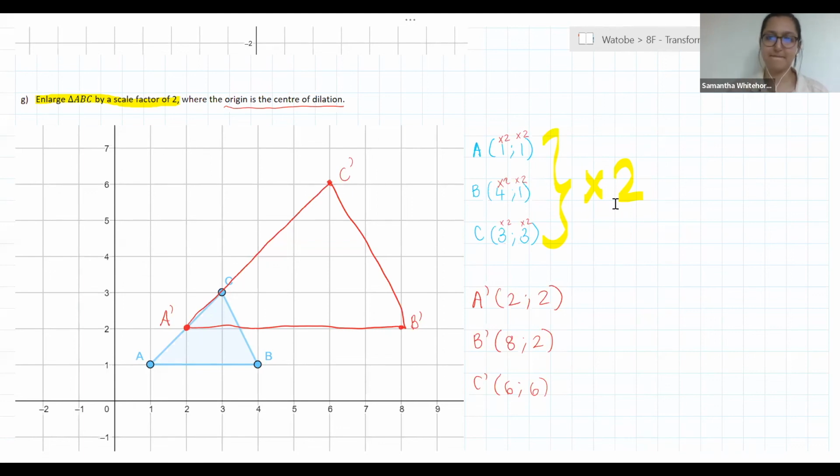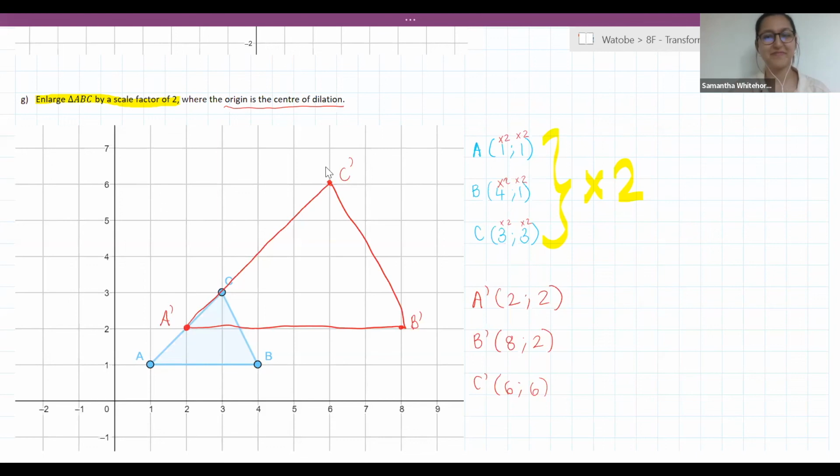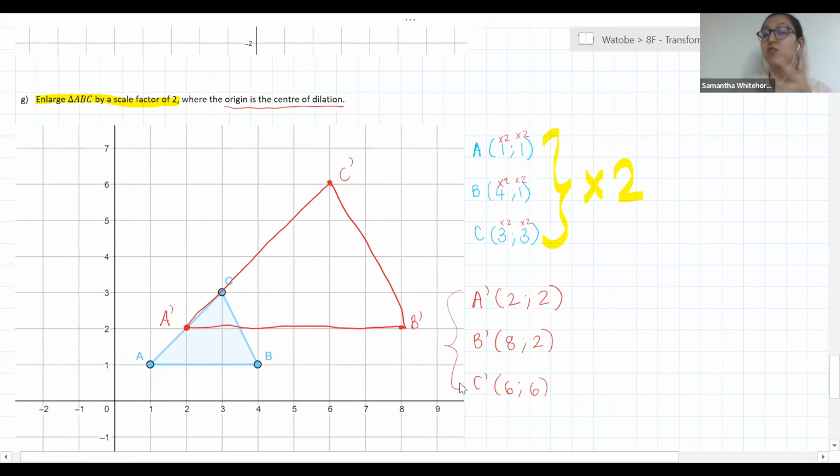Yes, Miss, I do. Miss, I wanted to ask you that when you did the A, B, and C at the top in blue, you didn't put the dash apostrophe thing at the top, but when you did it at the bottom in red, you did. So if you leave it out in the exam, do you lose marks, or you don't really have to put it in, or is it a must? Okay, so the reason I didn't put it in for the blue is because those were my original coordinates. I only have to put the dash in when it's the new transformed coordinates. Okay, Miss, thank you. Okay,